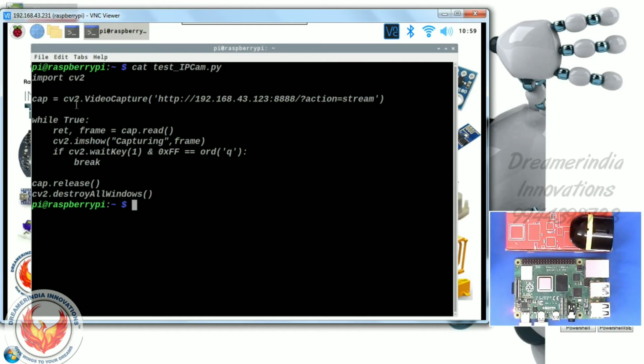I am importing cv2, that is the OpenCV library, and then I am using the VideoCapture function, in which instead of video 0, I am passing the IP address of the camera along with the port number and the stream path. After mentioning the video capture device, we can directly read the frame and display it on the screen by using imshow. This is very simple code. Instead of video 0, we mention the IP address along with the port number, and the rest of the things are similar to the web camera. Let me check this.